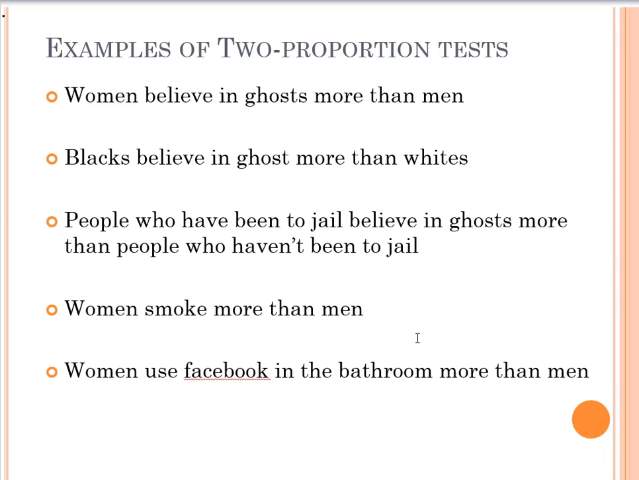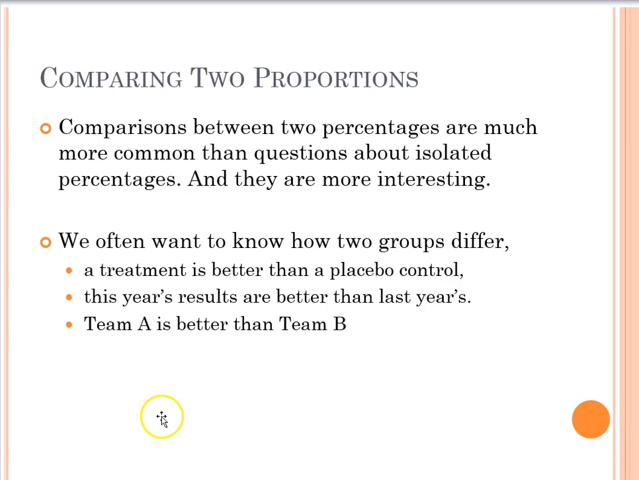We could go out and sample 100 women and ask them whether or not they smoke. We can then go ask 100 men whether or not they smoke, and we can compare the sample of women who smoke to the sample of men who smoke. That's what we're doing when we're comparing two proportions. So a two proportion z-test compares two percentages,